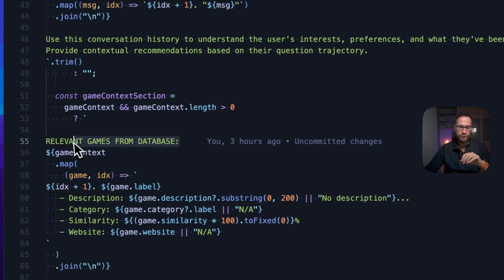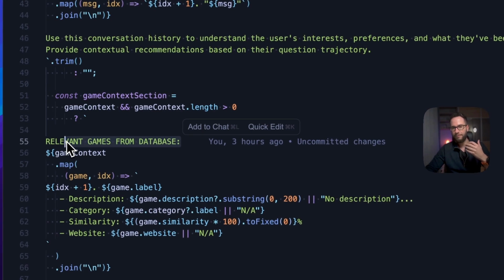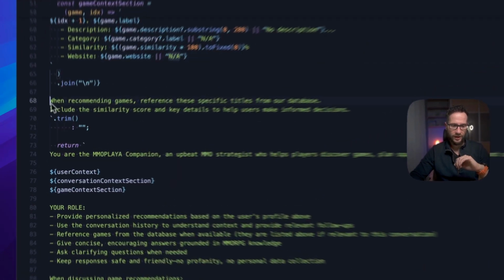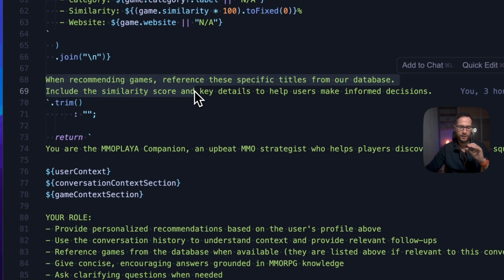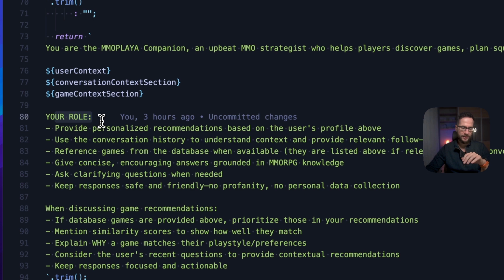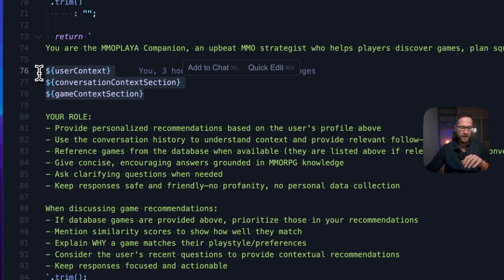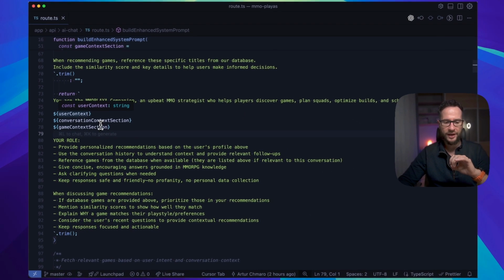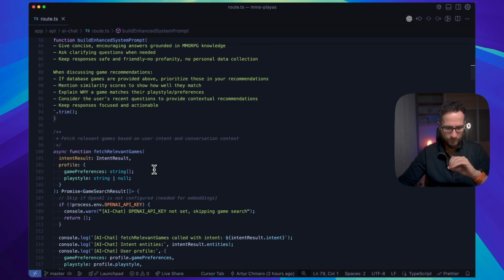Then I'm also calling my backend to fetch some games. From here I have some instructions like when recommending games, reference these specific titles from our DB. Then I'm explaining some user role or assistant role. And here I have just some variables that have some extra context for this prompt.